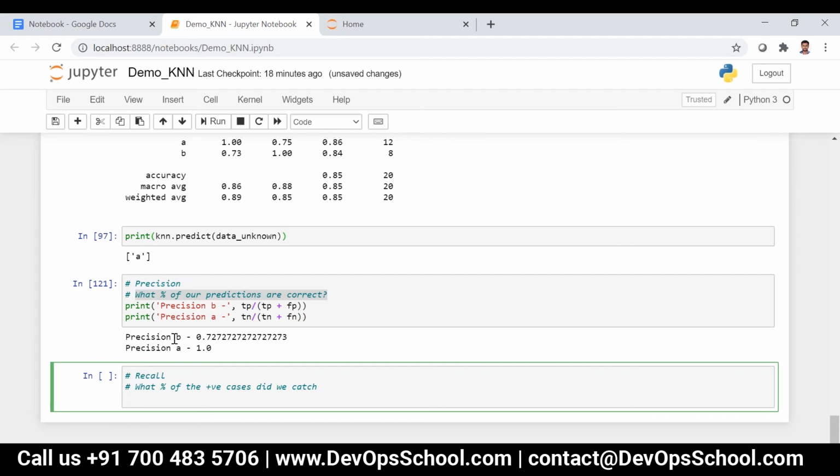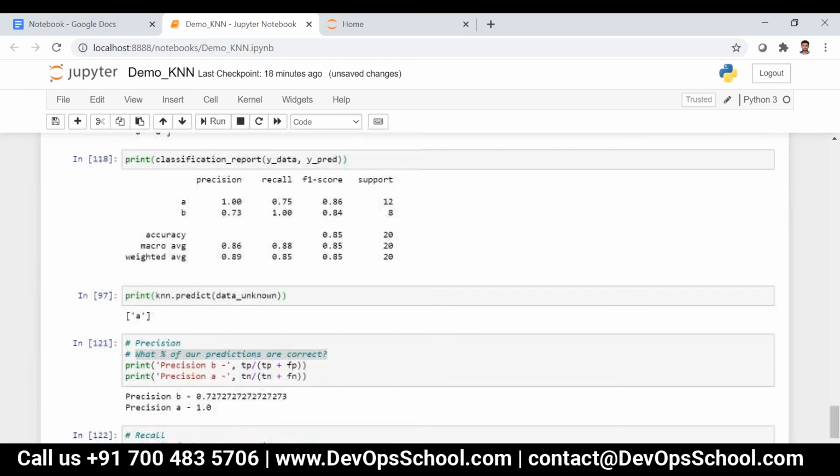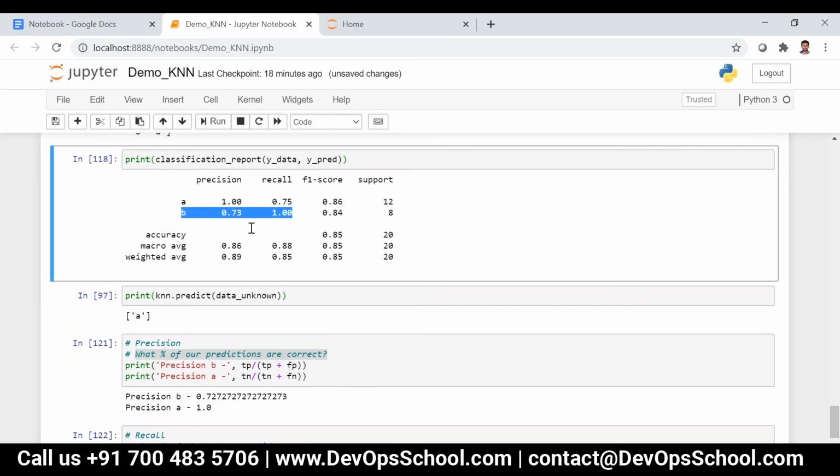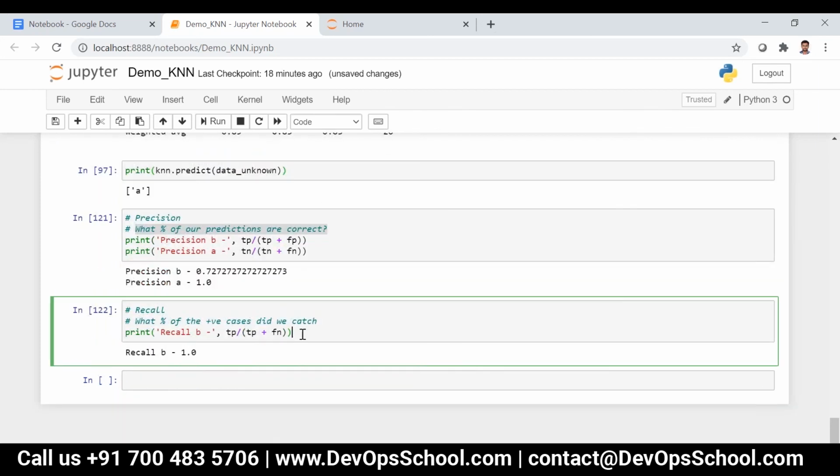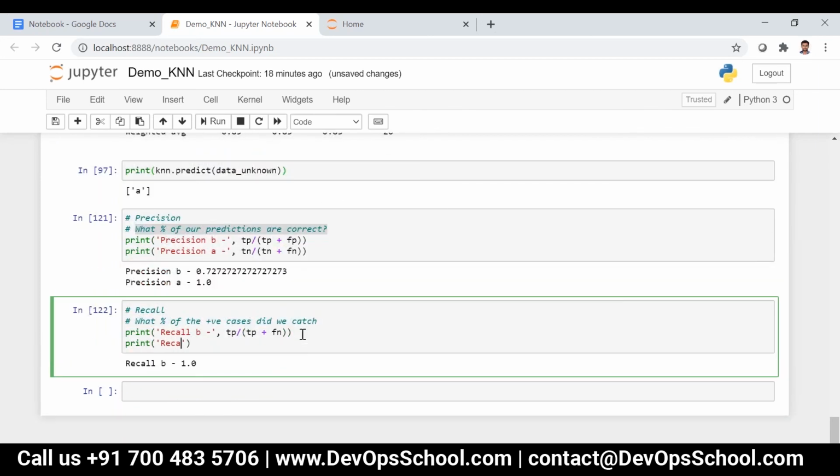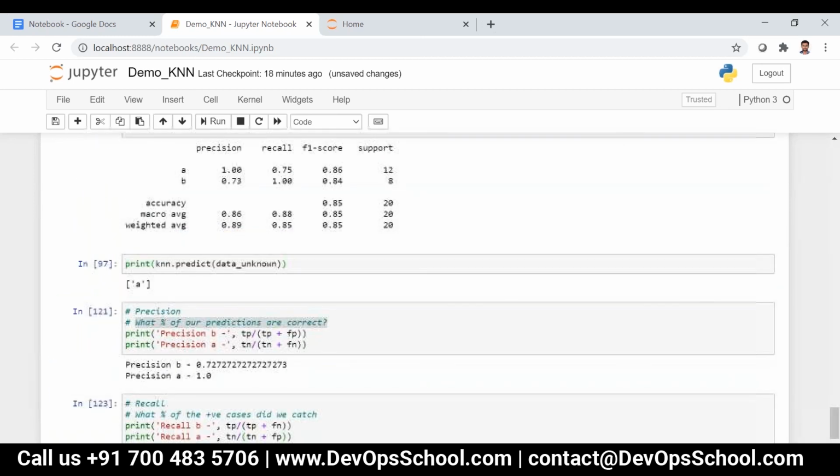So for example, the recall for B, the formula is true positive divided by true positive plus false negative. Recall B is 1.0. And then if I say recall A, true negative divided by true negative plus false positive. Now you can see 0.75.